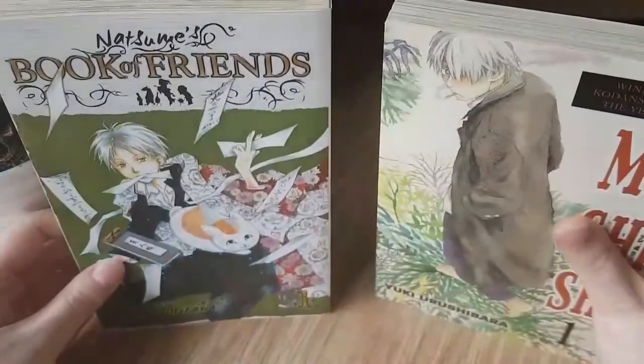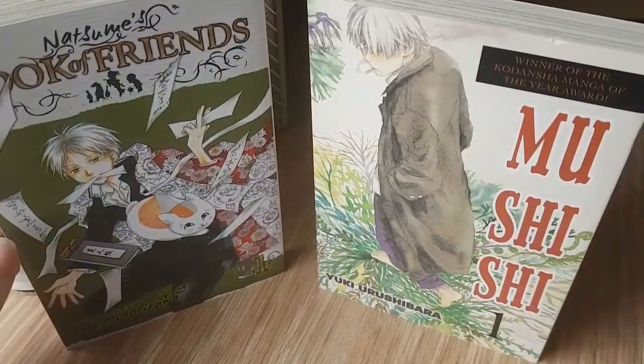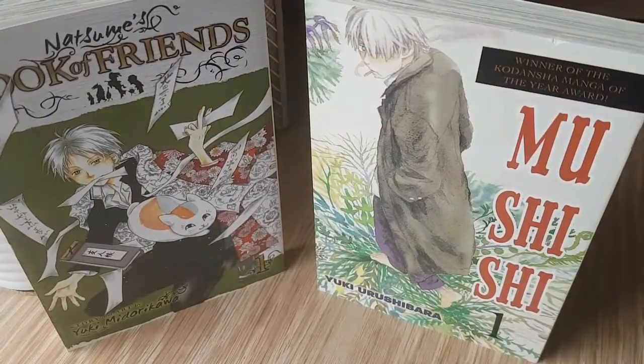Question 9 is my favorite genre, and again, maybe a little bit obvious, but it would definitely have to be sort of supernatural or Shinto-esque, yokai, that sort of story. Two maybe obvious examples would be Natsume's Book of Friends and Mushishi, but even the older stuff like Kitaro and that sort of thing is inclusive. I just really, really like very heavily influenced